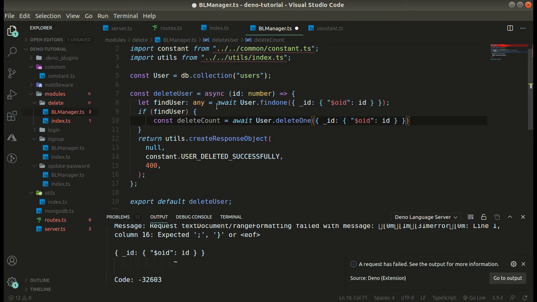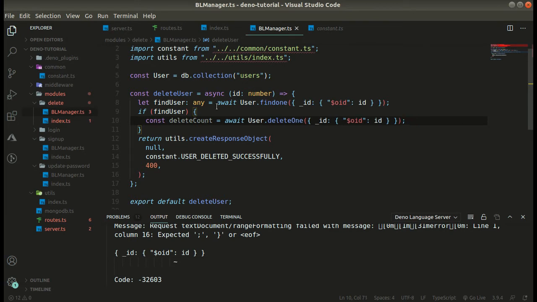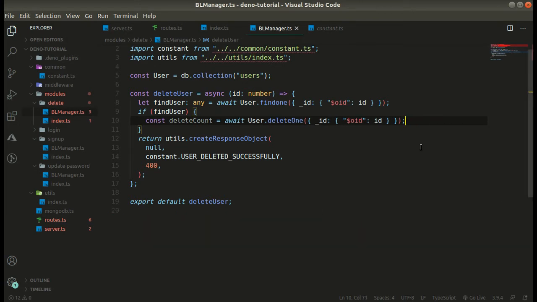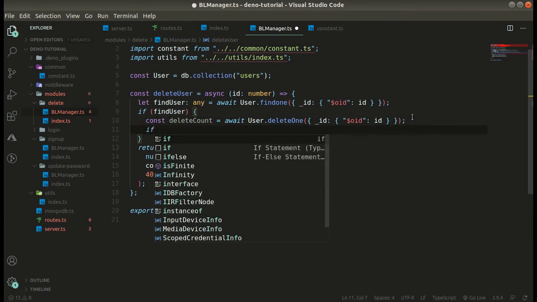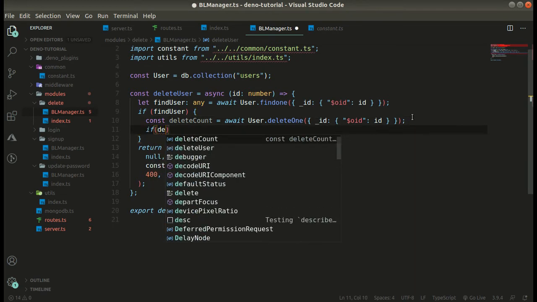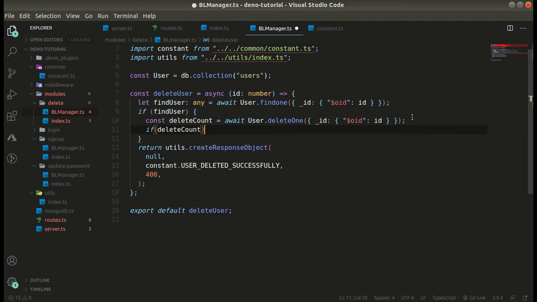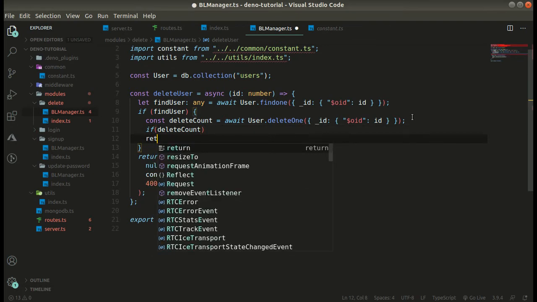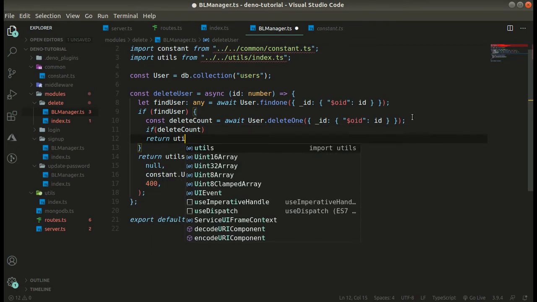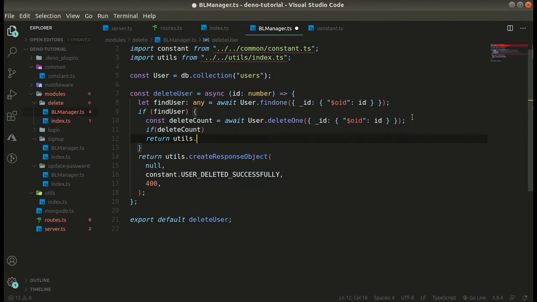So what is the mistake over here? I don't think there's any mistake. Let's close this. So if we have our deleteCount, then simply return the response like utils.createResponseObject.